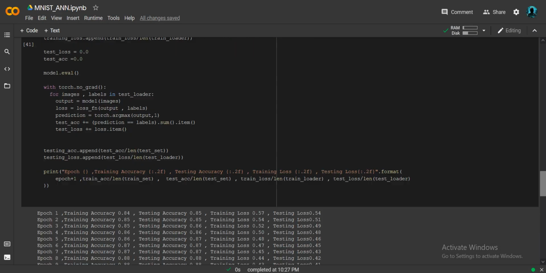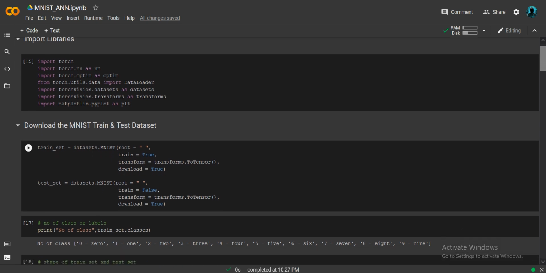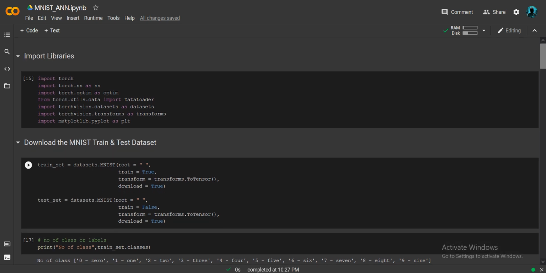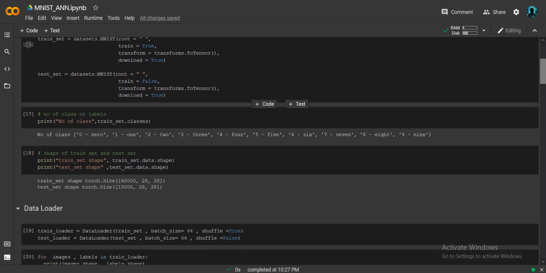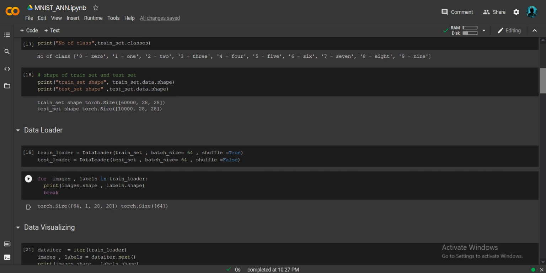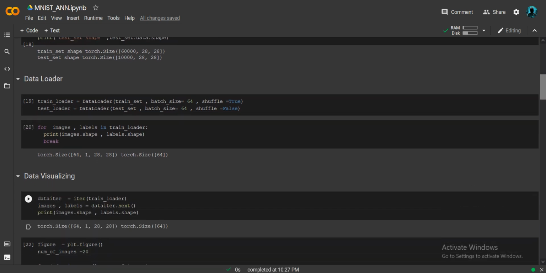So that was for today's video, because I started from the basics and explained each and everything about MNIST: how we load the library, how we download the data, the shape and size, the function of the data loader, then the data visualizing part.